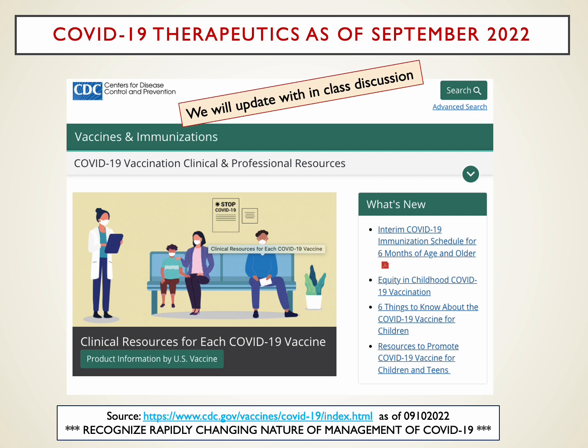As of September 2022, there is now a bivalent vaccine booster available for patients who are eligible, which is usually most patients over the age of 12, or 18, depending if you're talking about the Pfizer booster or the Moderna booster. A little bit more on that in the vaccine section. But I encourage you also, when you're wondering where is a good place to get the latest information about COVID therapeutics, it's the Center for Disease Control website,